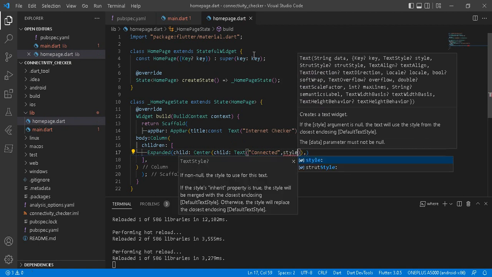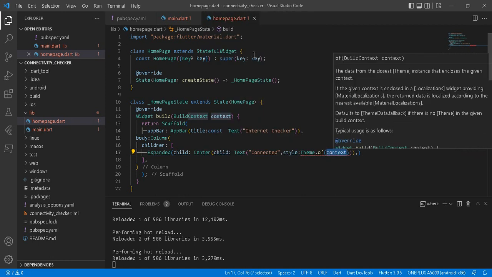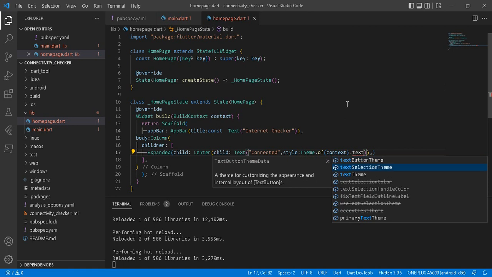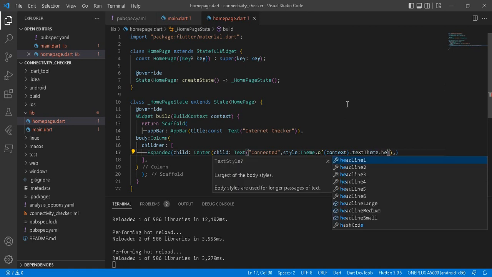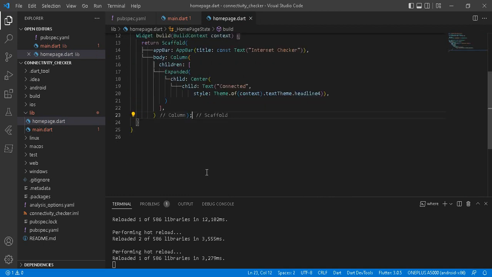and style: Theme.of(context).textTheme.headline. So this means we have our own set of text theme provided by the material package, and we are using the headline for style. Refactor it,